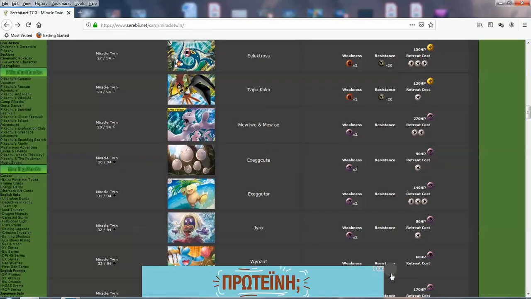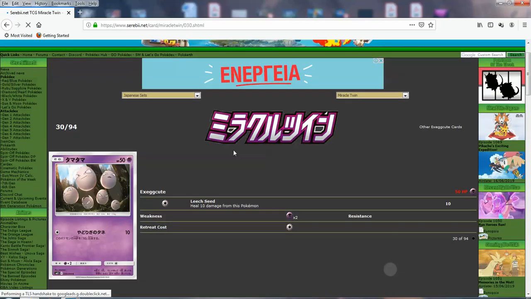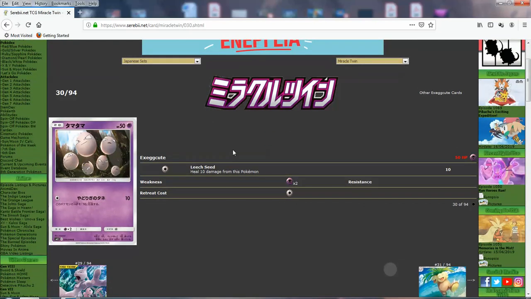We get another Exeggcute here. What are they doing, like jumping or walking or whatever? A psychic Exeggcute. It's been a while since I've seen one. Looks kind of decent, you know, for a shitty egg Pokemon. Leech Seed. Alright. And then